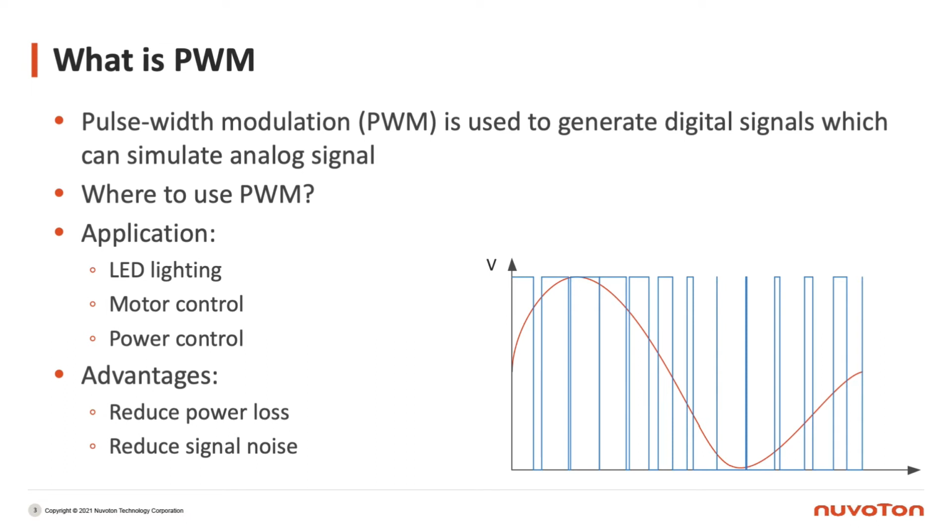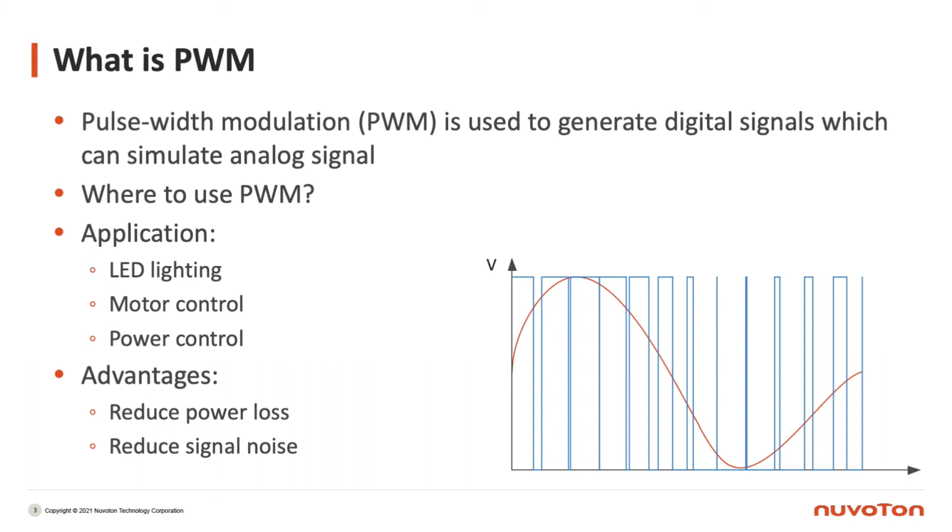A PWM motor controller can control output time to output the same power as an analog signal. It usually used a potentiometer to control input voltage in the past. PWM can control the current output time to simulate an analog signal's output power. This method can reduce energy loss, because the potentiometer will absorb additional energy.